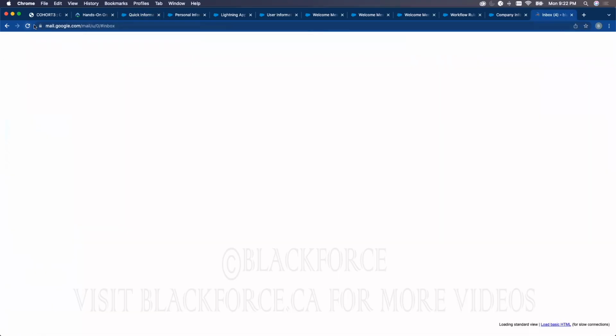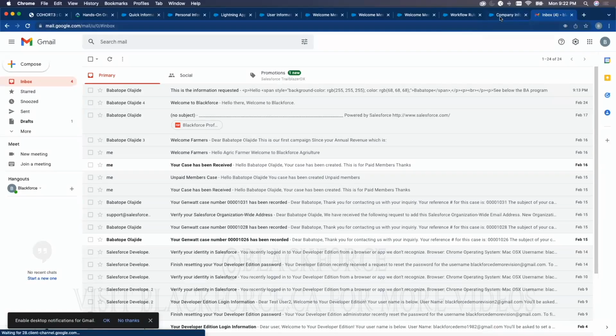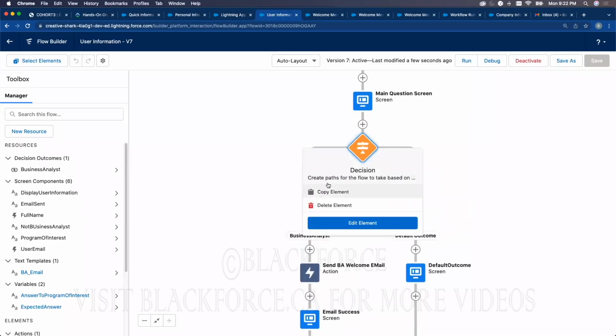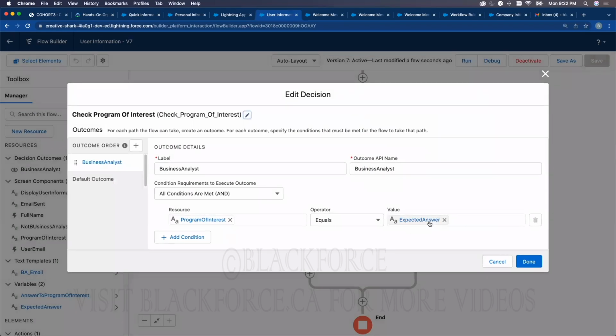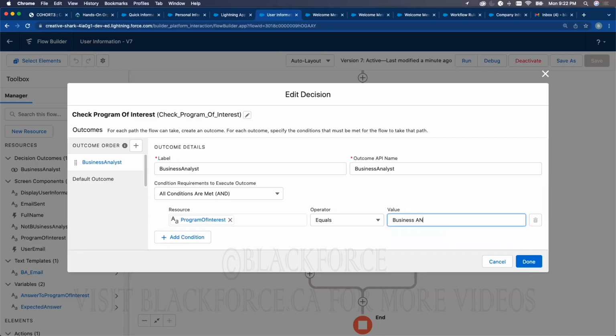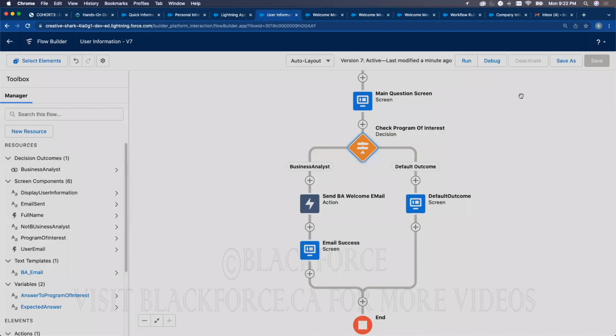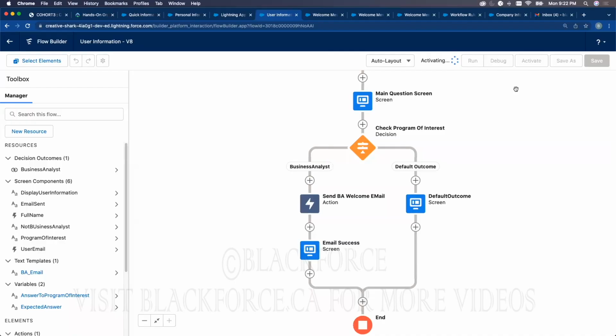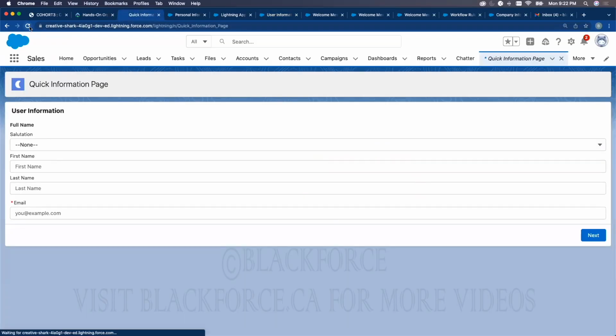Oh. I hope I did not disable anything. Sorry, let me just check again. Let me take that off and I'll put business analyst. Okay. Done. Program of interest has to be business analyst. Activate. I'll refresh this because sometimes